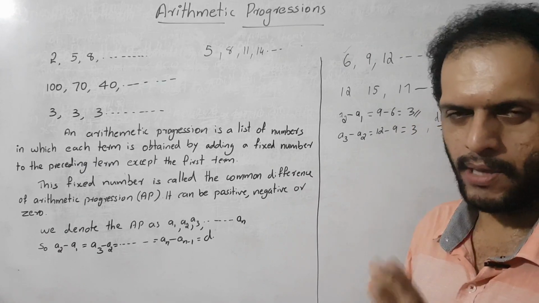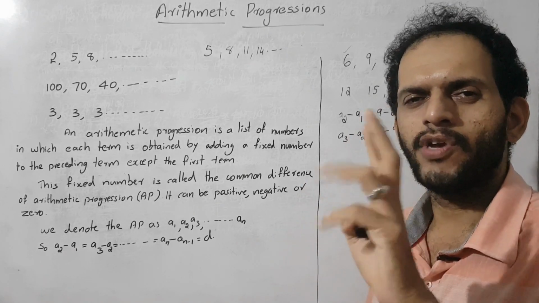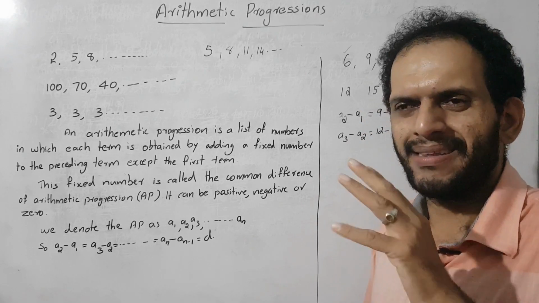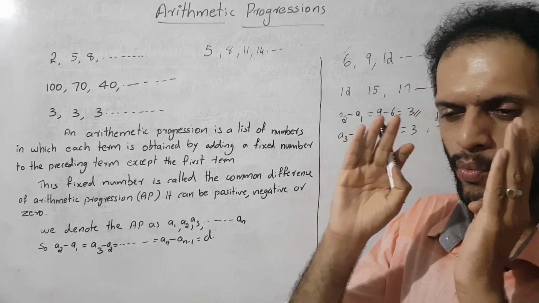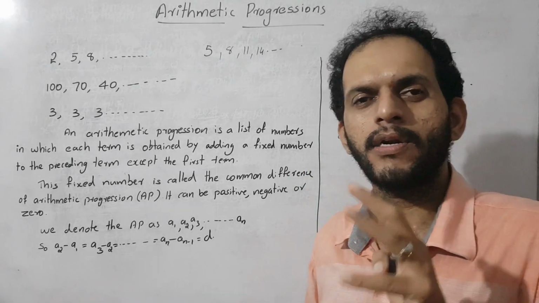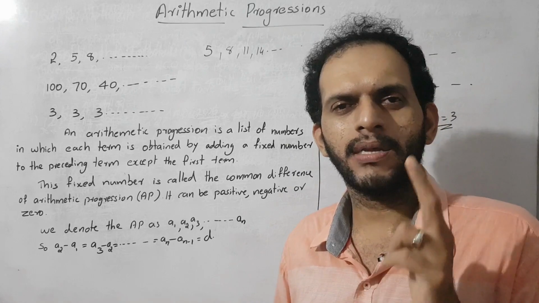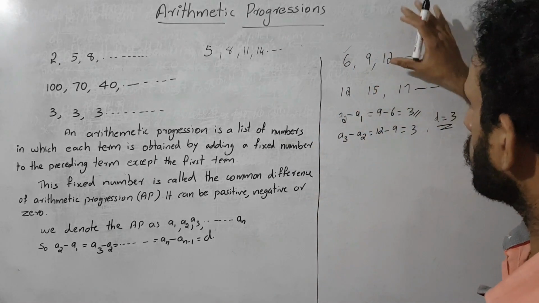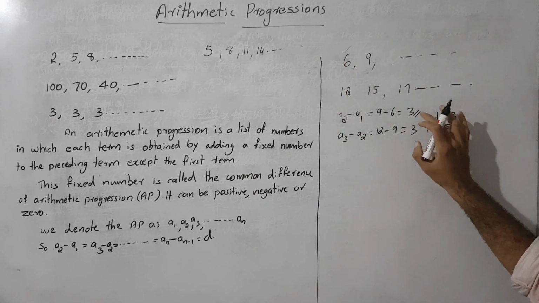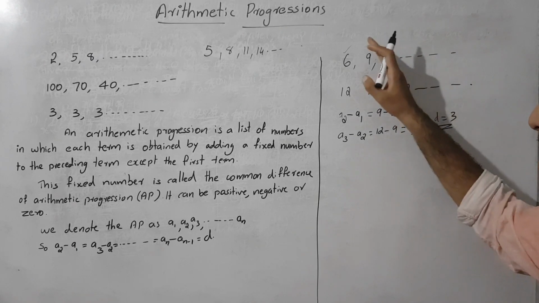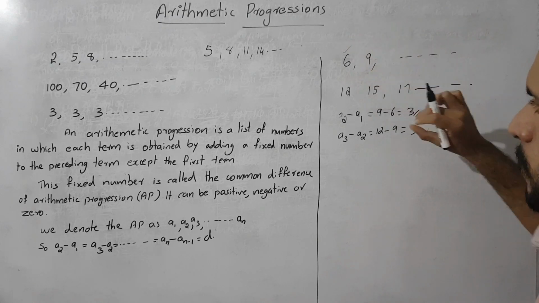That means one more thing: to say an arithmetic sequence, at least 3 terms are needed. For checking an arithmetic sequence, or for writing one, how many terms are needed? At least 3 terms. Otherwise we can't identify what the common difference is. If we do not have the third term, we subtract A2 minus A1 and get the result 3, then we don't know what the next number is. This is only the difference of the second term and first term.